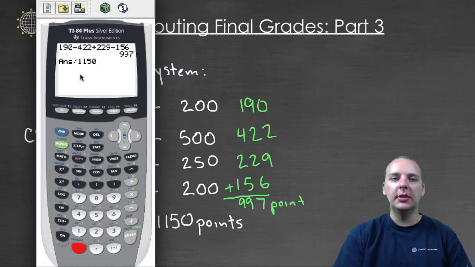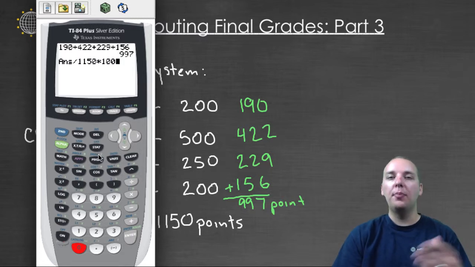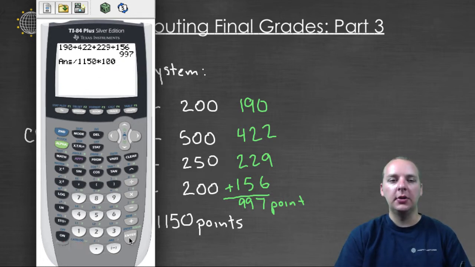Because that number is less than 1, I'll multiply this answer times 100 to make it a little bit more meaningful. So if I got 0.82, that's like earning an 82 in the class. So that's why we multiply times 100. All right, mine is